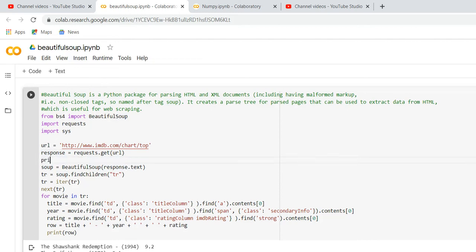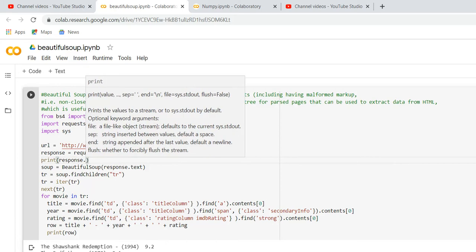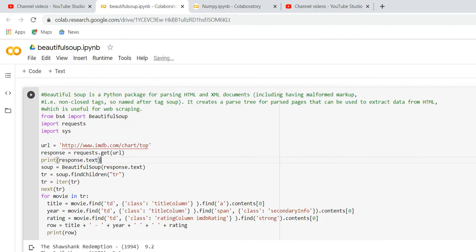I will show you how: print response.text. I'm just running it. If I get the response within the limit, you will see that result.